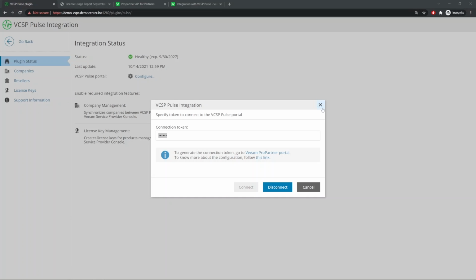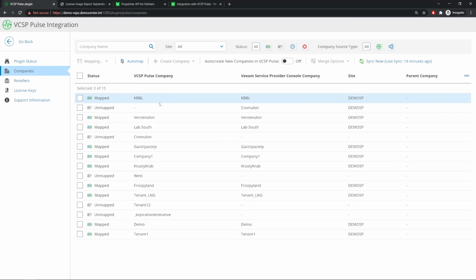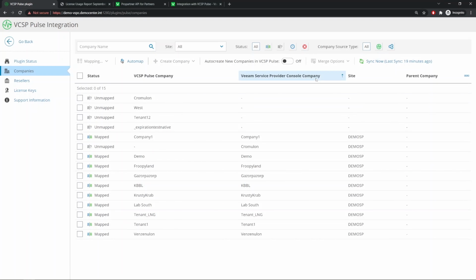And that's it. Once it is done, the VCSP Pulse plugin will automatically connect to your ProPartner account, and this way it will connect to Pulse itself. Once it's done, when you go to companies, you should see all of your Service Provider Console companies